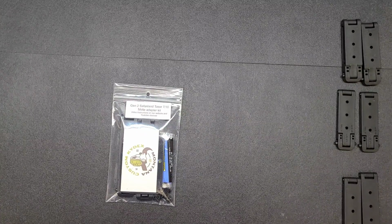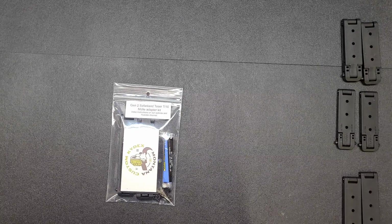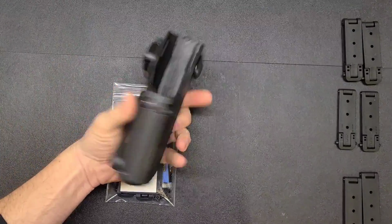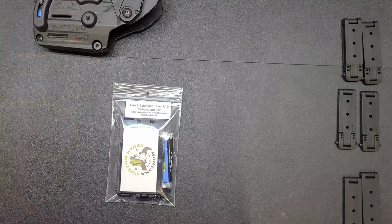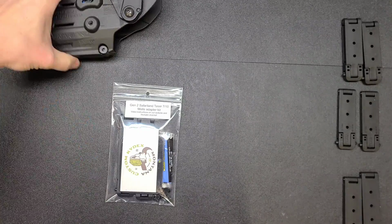This is going to be an instructional video for our Gen 2 Safariland Molle adapter kits for the Taser 7 and the new Taser 10 holster. So much like we did with the Blackhawk kits, we're trying to consolidate and simplify things. And so we currently have our